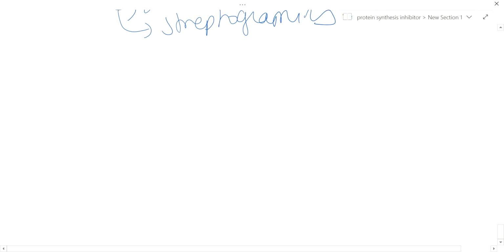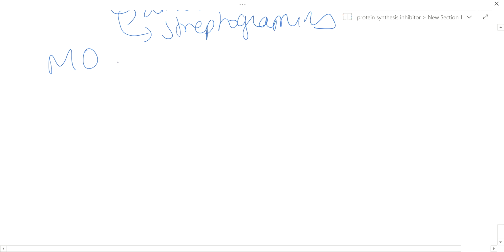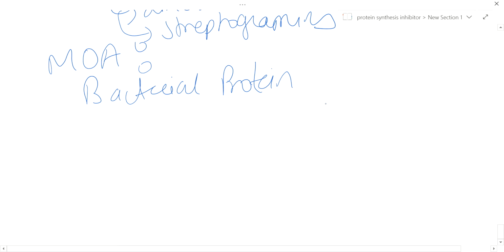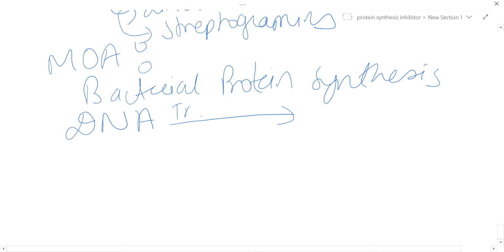So let's learn about its mechanism of action. Before learning it, we need to know about the bacterial protein synthesis process. From that, we learn its mechanism of action. So the process of bacterial protein synthesis occurs from DNA. From DNA, with the process of transcription, RNA is formed. For this process of transcription, RNA polymerase is required,